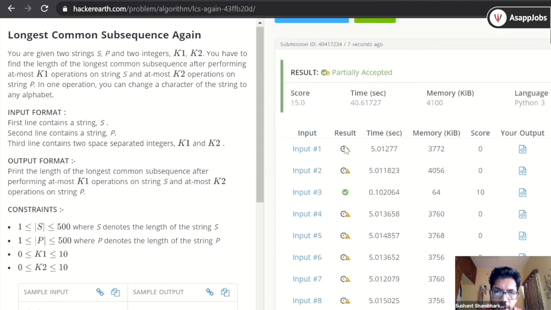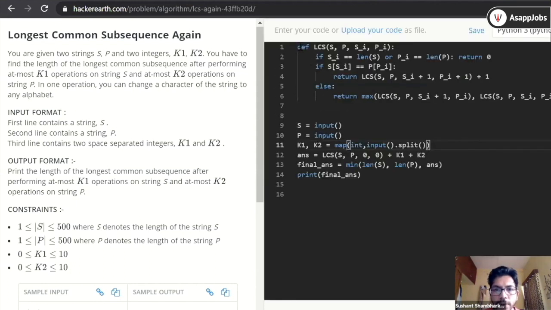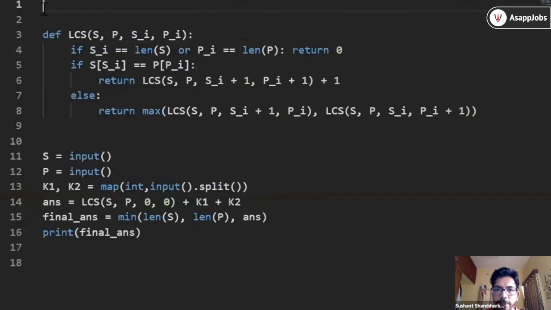And we are getting time limit exceeded, obviously. So now we are going to use a caching mechanism. I'll define a table. This will be a 2-dimensional table because we have 2 state variables here. There is one index for the first string, and then there is another index for the second string. So our table has to be a 2-index table.